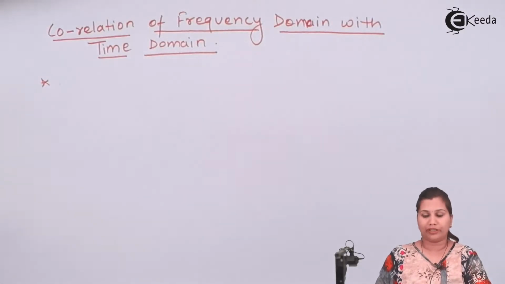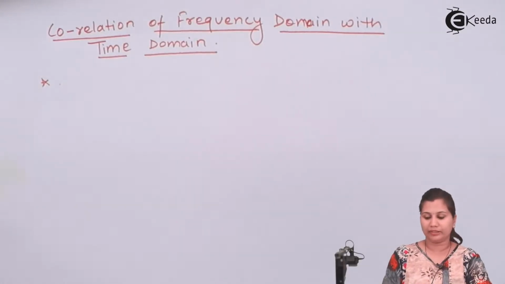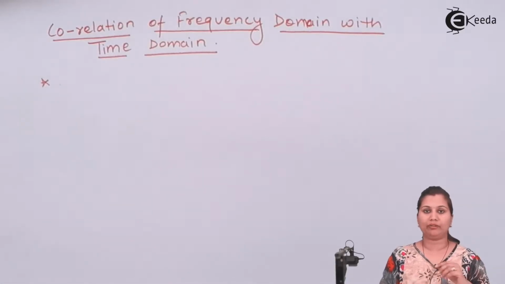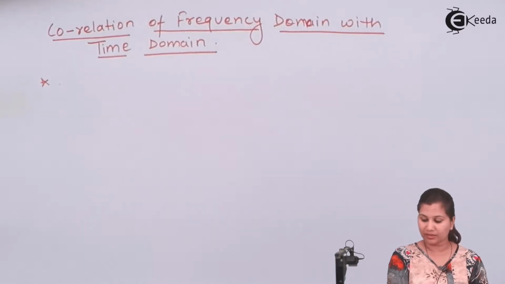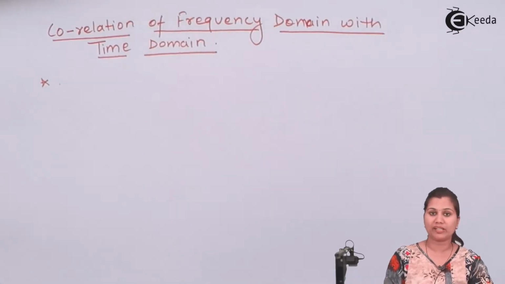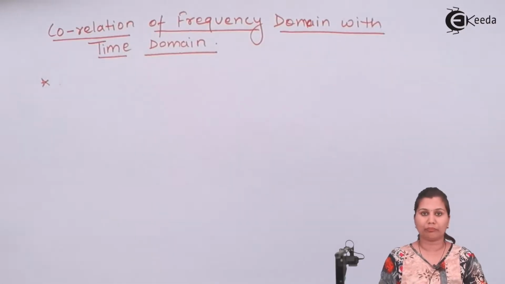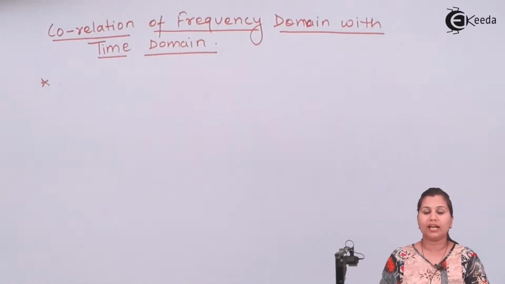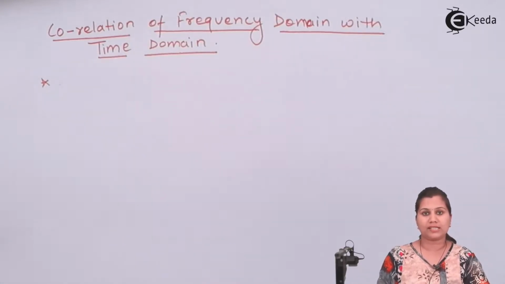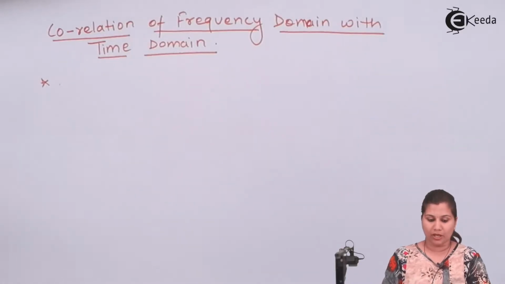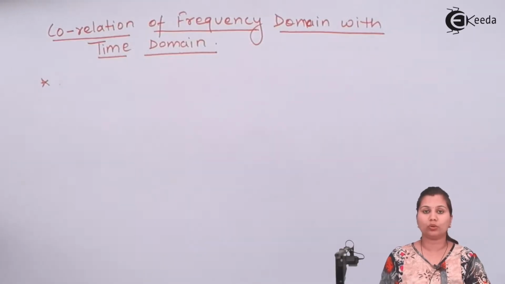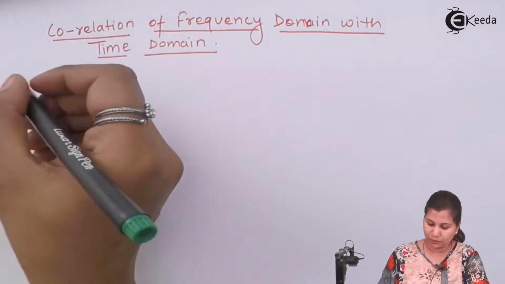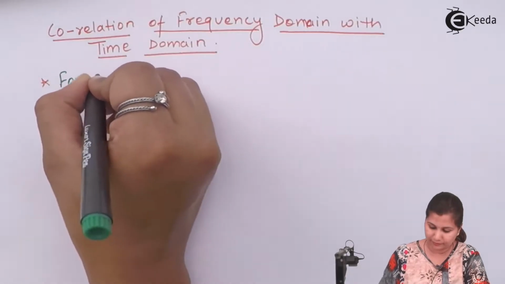So what's the need for it? Sometimes we have defined the system in the time domain and we want to study its nature in the frequency domain also. And there are some systems which can be easily described in the frequency domain but not in the time domain. So if we can correlate both the frequency and time domain, then we can study the nature of the system in both the domains. Let's study the second order control system first, because we know its response. So for a second order control system,